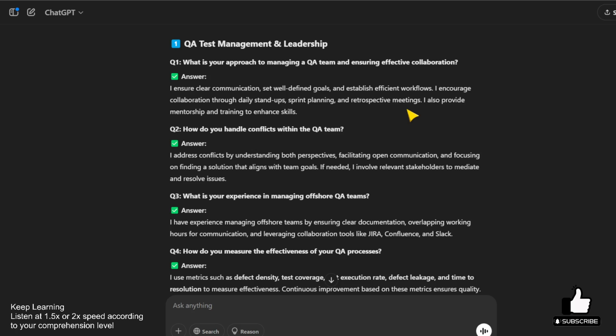How do you handle conflicts within the QA team? I address conflicts by understanding both perspectives, facilitating open communication, and focusing on finding a solution that aligns with team goals. If needed, I involve relevant stakeholders to mediate and resolve issues. What is your experience in managing offshore QA teams? I have experience managing offshore teams by ensuring clear documentation, overlapping working hours for communication, and leveraging collaboration tools like